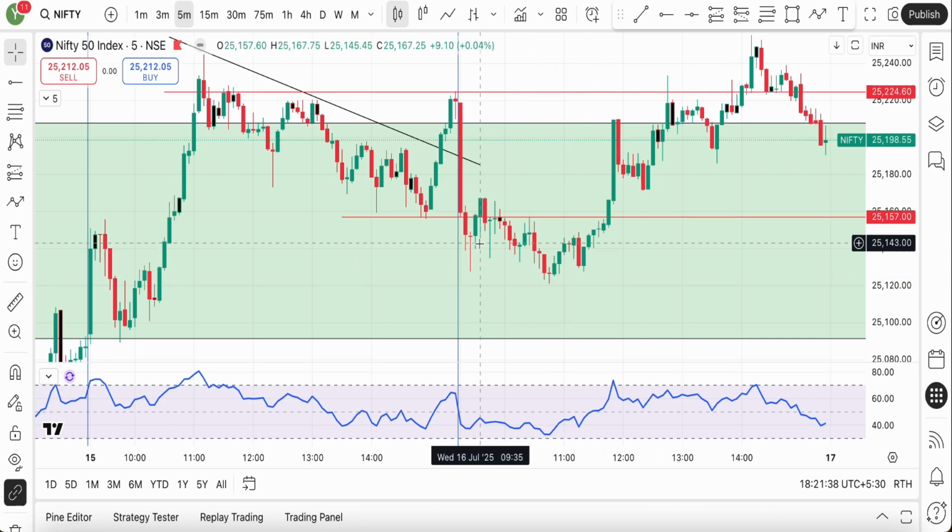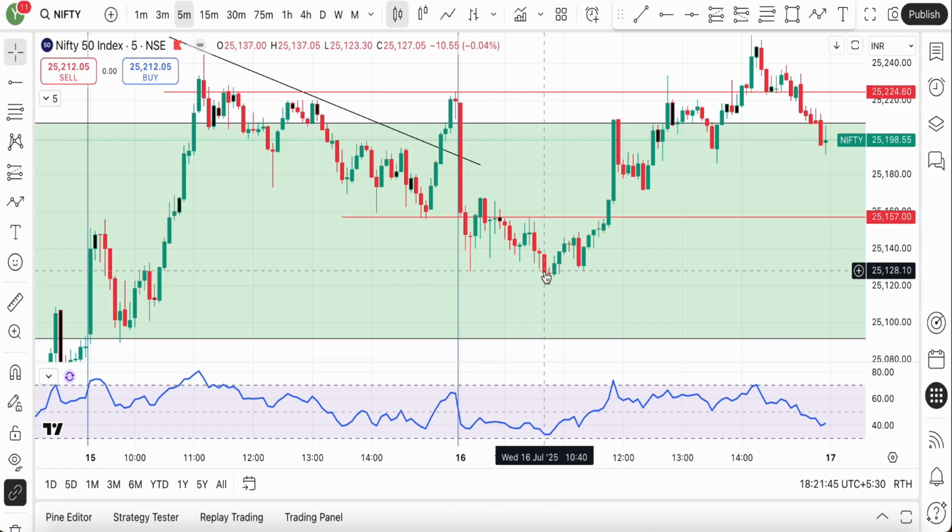You might be trapped. So I actually waited, marked this low, patiently. Markets gave me a closing below this particular low in this candle, which was very near to the closing, and I actually waited for a follow through. In case of a follow through, we could have taken a short position, but again, the follow through never came in,